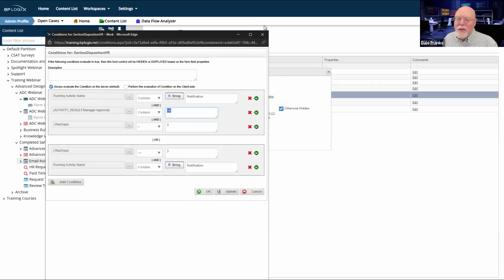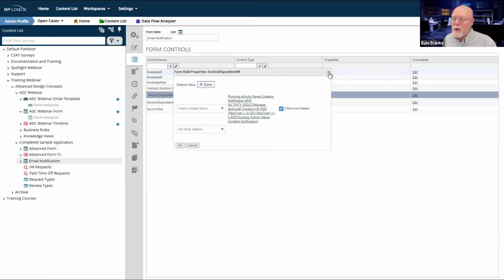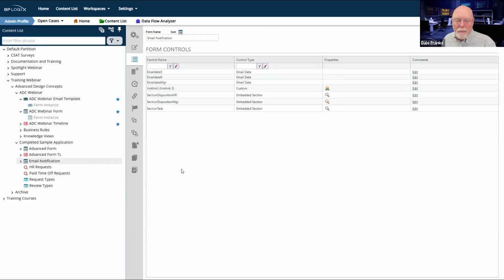So these are my 3 condition sets to make my email template only show one specific embedded section at a time. Now, this is a fair amount of upfront work. I think I would argue that it is easier than having separate email notifications that all go to different activities and all have to be configured in different activities. It just becomes way easier to make a mistake and to mess that up.